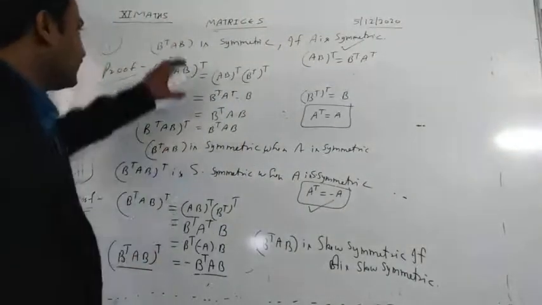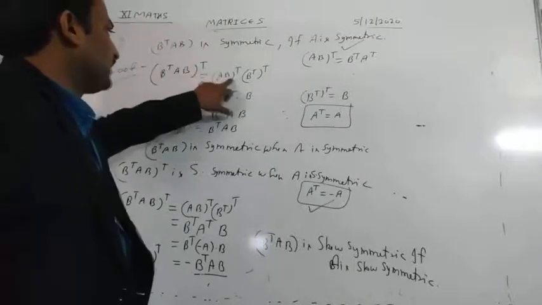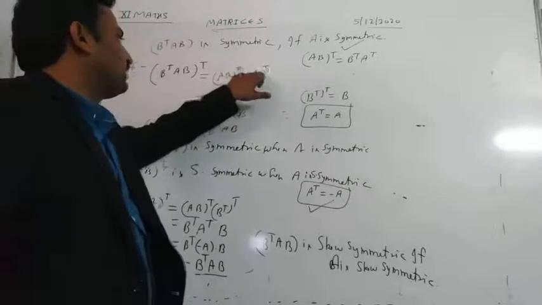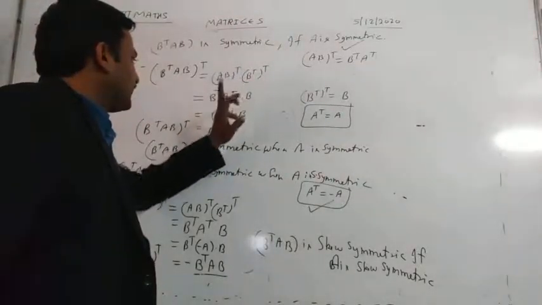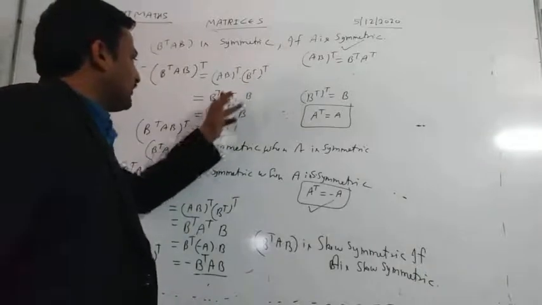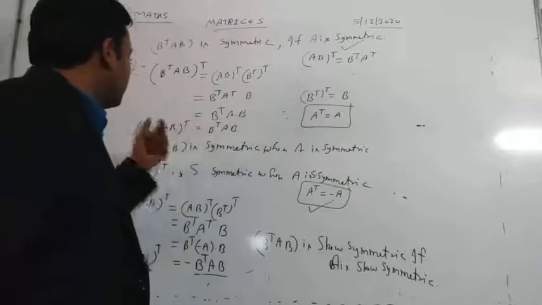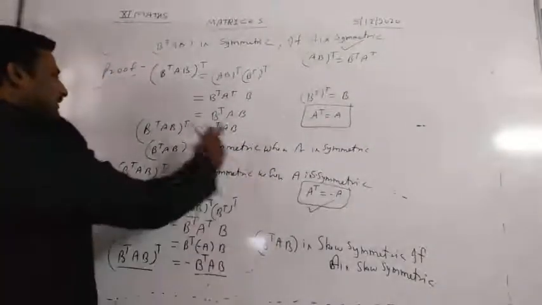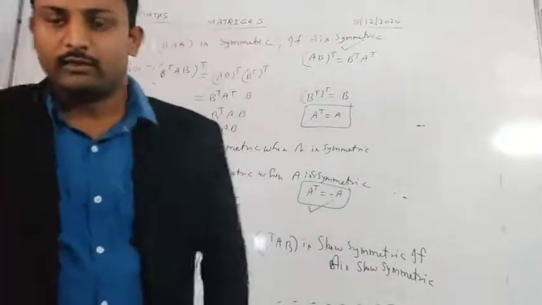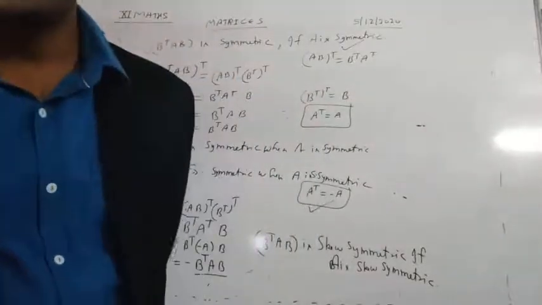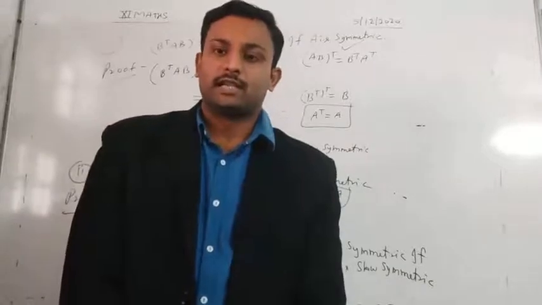And the first part: this is the matrix whose transpose we have to find. When we take the transpose, we get AB transpose, B transpose, transpose. So it changes to B. It will be B transpose A transpose, and this A transpose can be replaced with A, and this B transpose AB is equal to B transpose AB. So we can say that this matrix is symmetric when A is symmetric, and skew symmetric when A is skew symmetric. I hope you understand, friends. Now we will see the next question in the next class. Thank you.